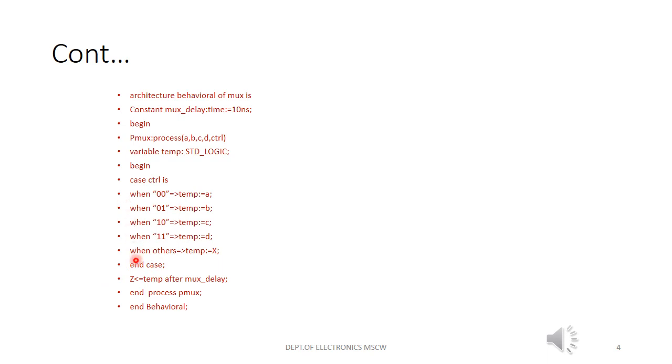You have already studied that in the syntax of the case statement. Finally you get z equal to temp after mux delay. What is your mux delay? I have given 10 nanoseconds. So here I am saying to show the output of this multiplexer after 10 nanoseconds.